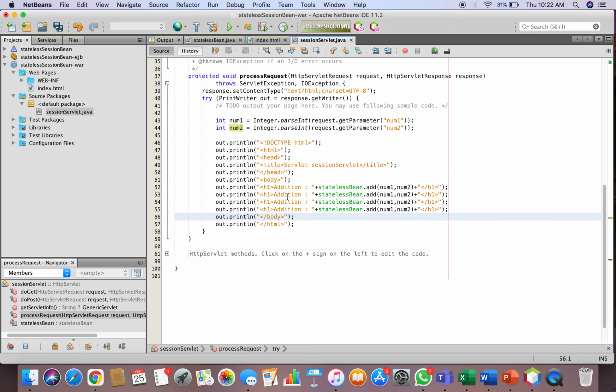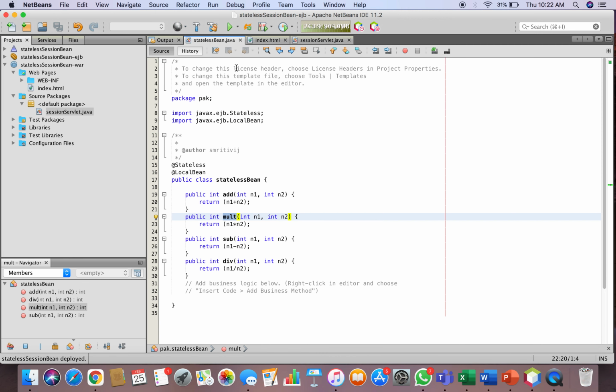We have to perform four operations. So we have subtraction, multiplication and division. We'll change the function names also: sub, mult and div.